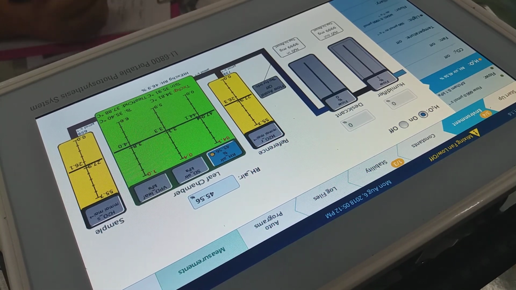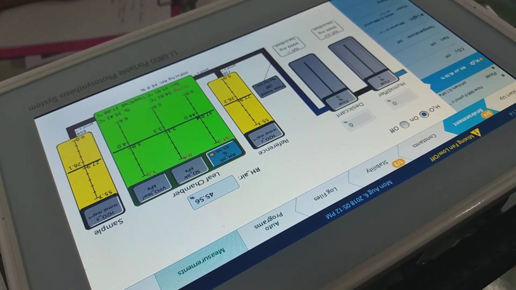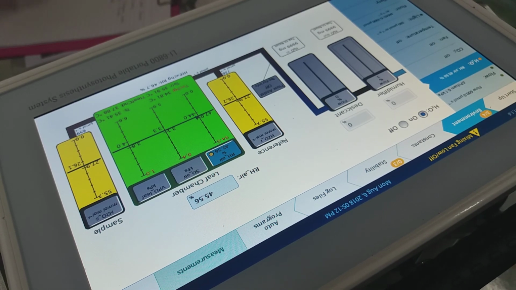RH. So the term RH means relative humidity. The moment the word relative comes into play,